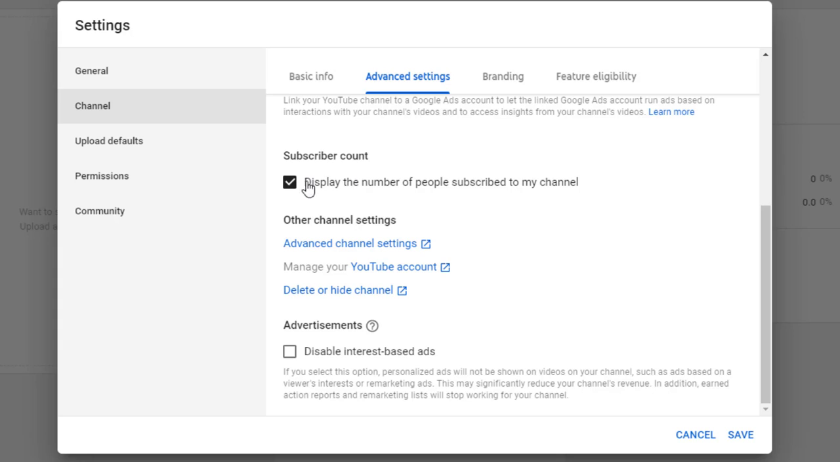Also, you can decide if you want to display the number of people subscribed to your channel. If you want to display that, leave it checked. If not, uncheck it. This also gets you to some other channel settings, but here is a very important one here. Personalized ads are not going to be shown on your video if you disable interest-based ads. I always disable that because it's for education and I really don't need that setting to be working on my